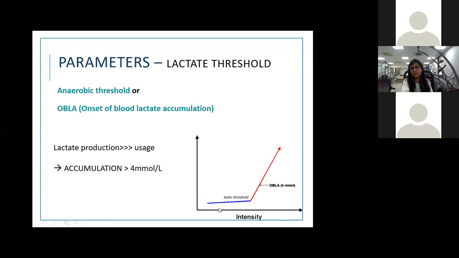If you could see in the graph, the blue zone is showing a linear increase in the lactate value, and there comes a point after which the aerobic system of your body is not able to fulfill the demands placed on the body for oxygen, and your anaerobic system is coming up to help, and that's when your lactate levels start to rise. So this is an important aspect to predict the performance of a person. Even if there are two people whose VO2 max values are the same, but one person's lactate threshold is much later than the other's, then that person's performance will be better.